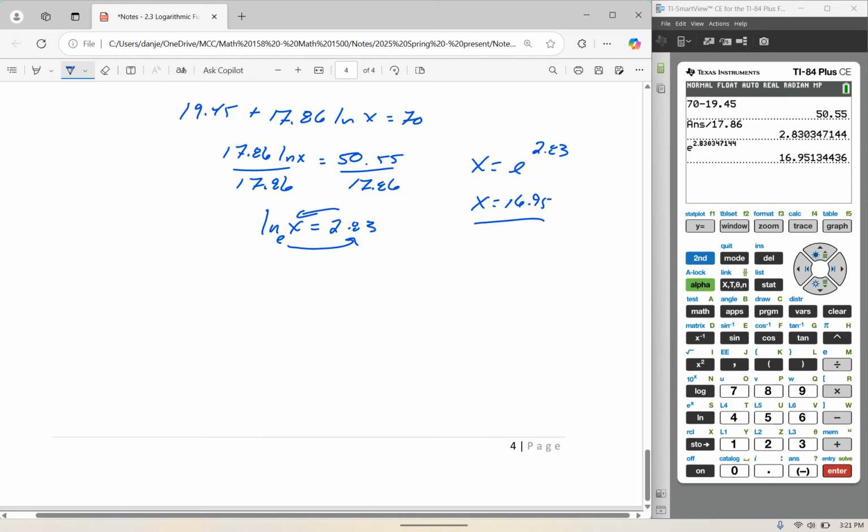Okay, so there's just a quick look at logarithmic functions. For this course, we talk about them. We don't use them nearly as much as we do the others, but again, I hope that this helps explain logarithmic functions,